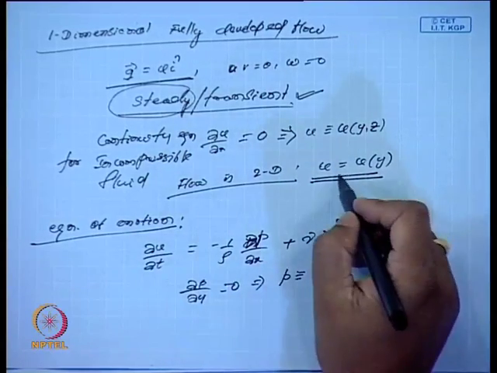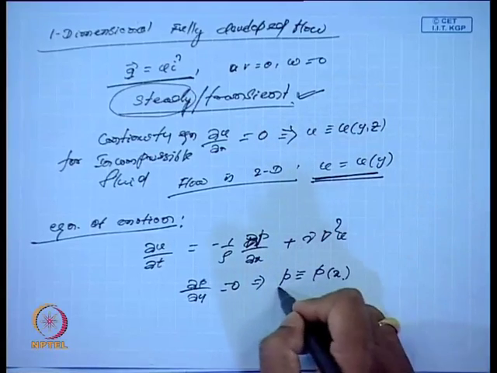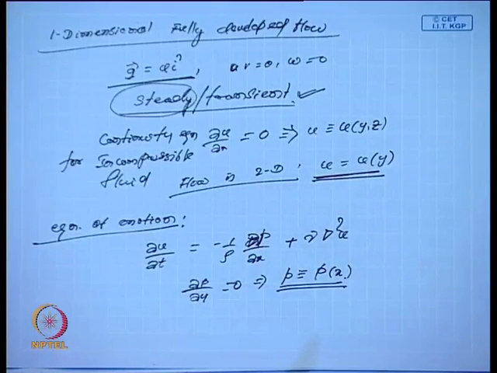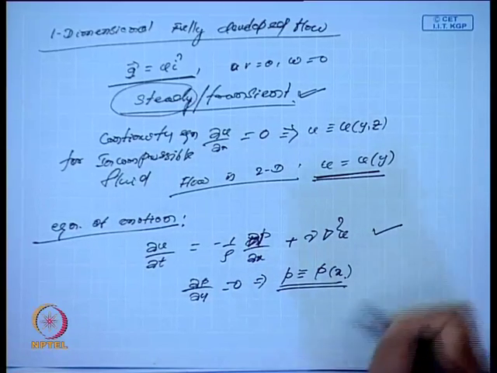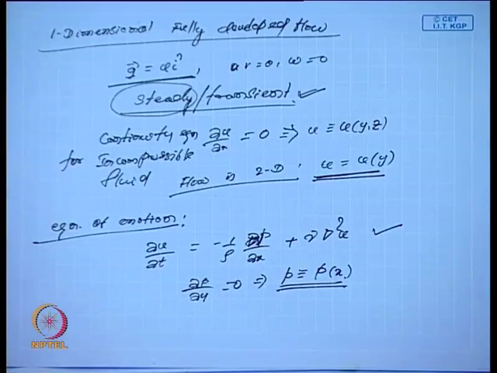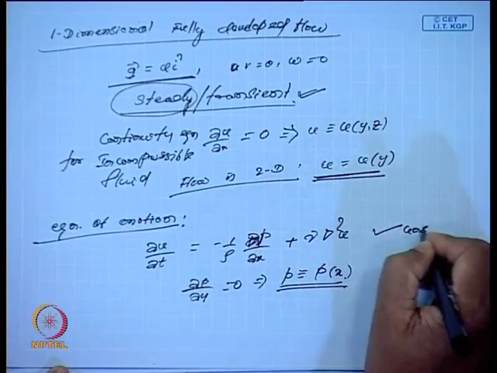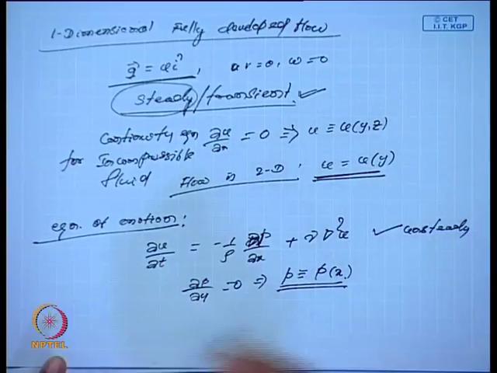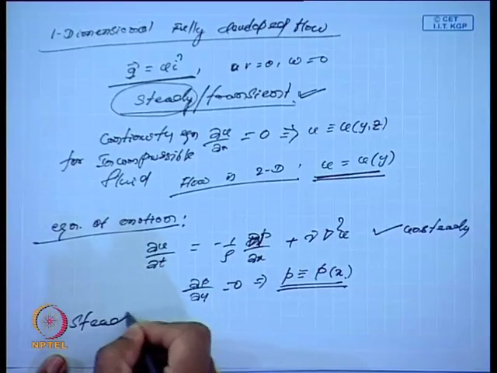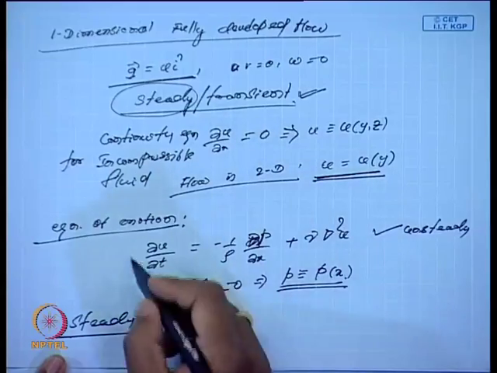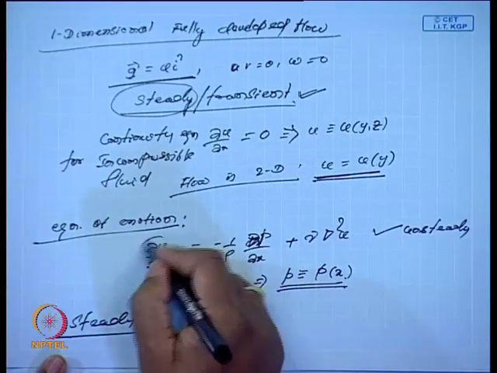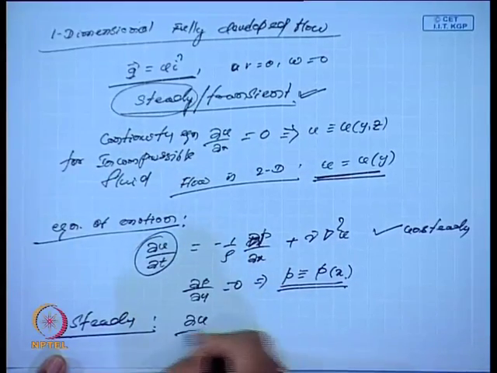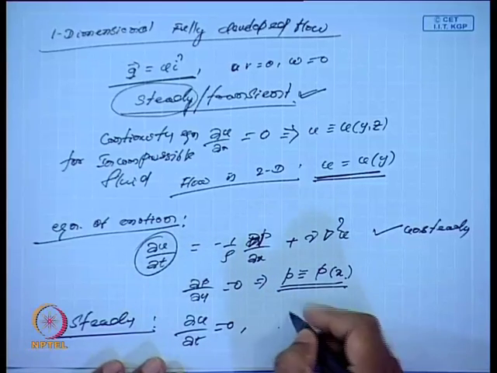So here u becomes a function of y and p becomes a function of x only. Then what will happen? This is the unsteady motion. On the other hand, if the motion becomes steady, then the equation of motion reduces, and this term will be 0, that means del u by del t is 0, and in that case we have